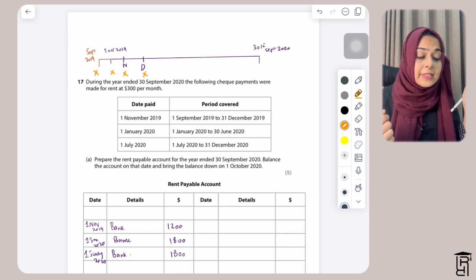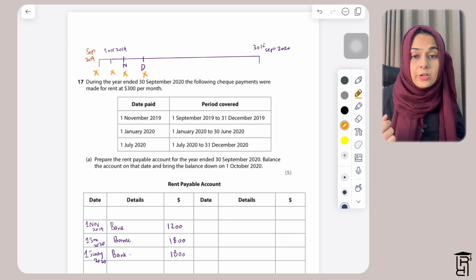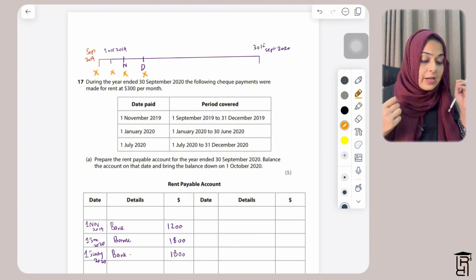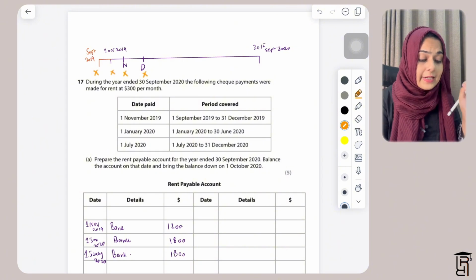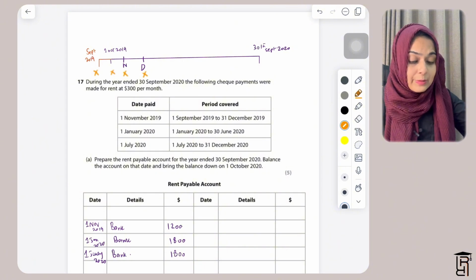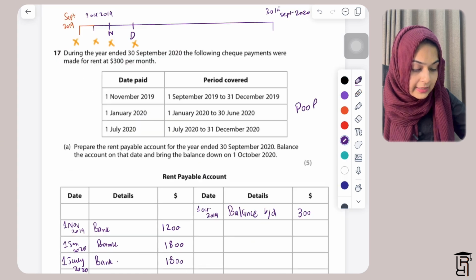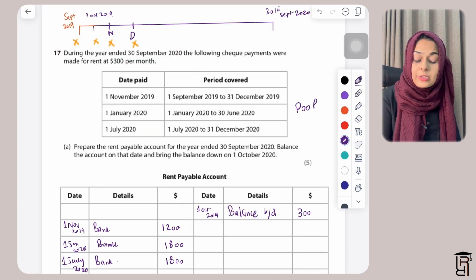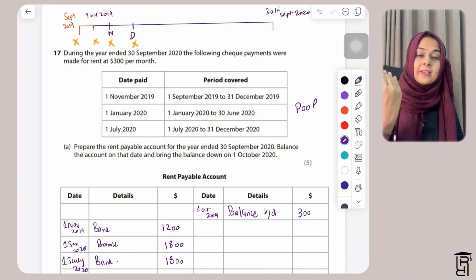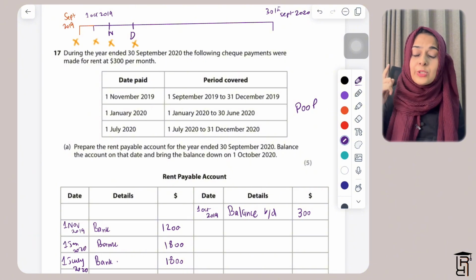Also, current liabilities or liabilities have a balance brought down on the credit side. So I will write here credit side. On the credit side, I'll write here 300. This will be balance brought down, and I'm supposed to write the date here. The date here will be 1st October 2019. So standing on 1st October 2019, I haven't paid for September of last year, which was the last month